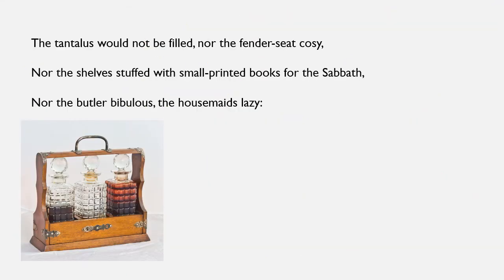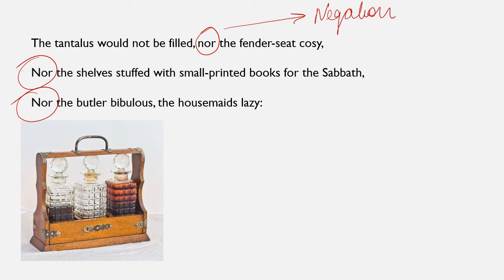Moving on, in the third stanza, what does the poet say? In the third stanza, again he talks of things that are not there. Again, you see that there is a repetition of nor, and nor. Instead of no, he is using the word nor repeatedly, and it also symbolizes negation again. So he says again, these are things that she will not find. So stanza number 2 and 3 mean exactly the same.